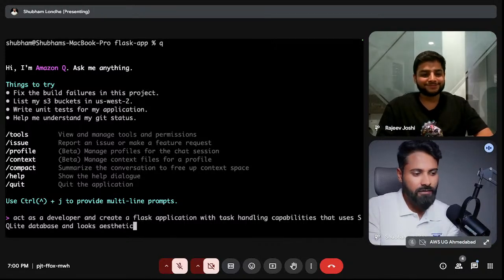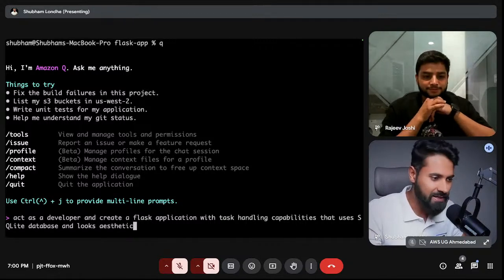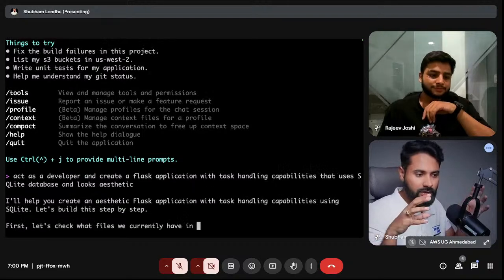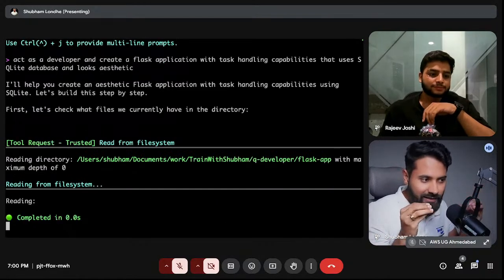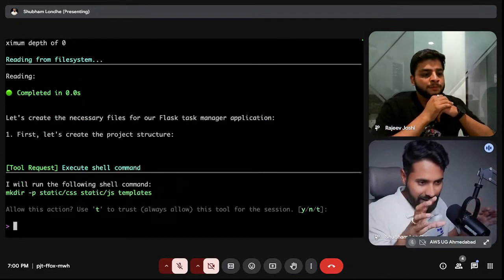Okay, act as a developer and create a Flask application with task handling capabilities that uses SQLite database and looks aesthetic. That's it, done. Now our Q CLI will create that, and literally it will tell you what all things it will create.